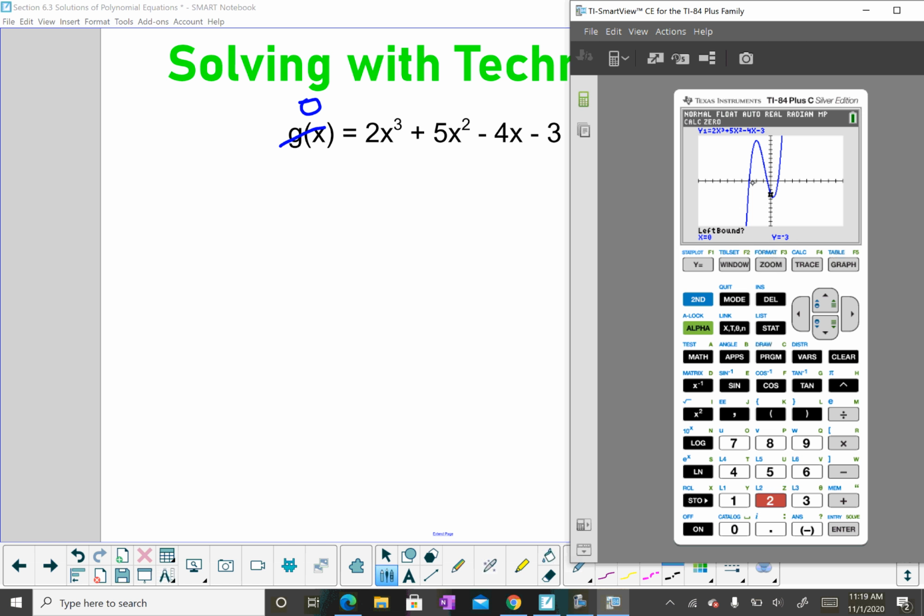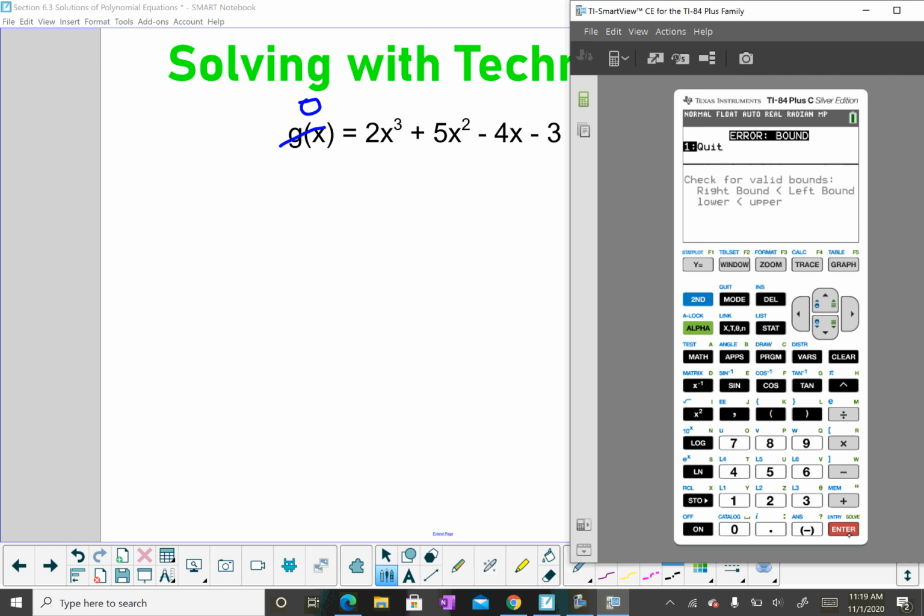So I'm going to go from left to right. There are 3 places where this graph is intersecting the x-axis. So I'm going to have to do this procedure 3 times. The first place it looks like it's intersecting is around -3. So for my left bound and right bound, I'm going to use -4 and -2, just numbers on either